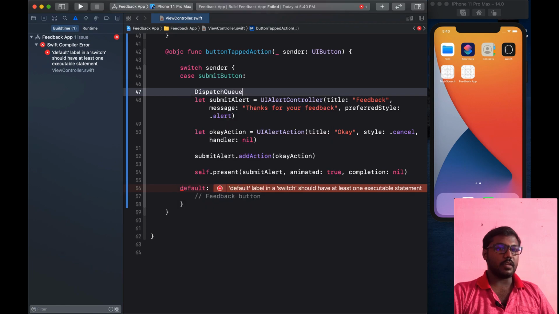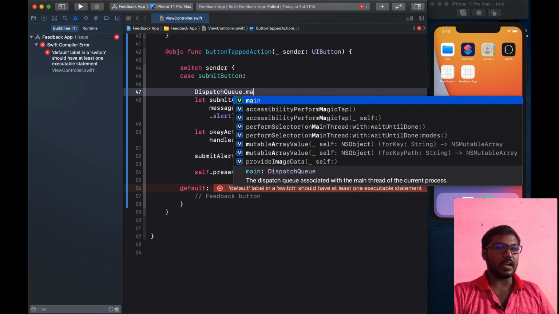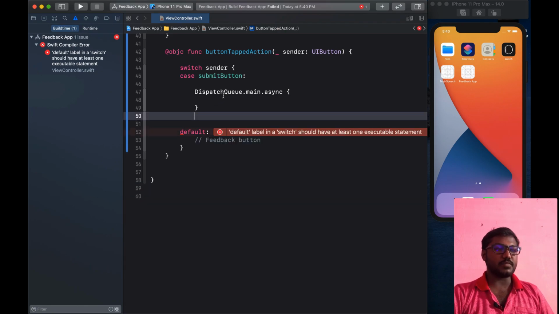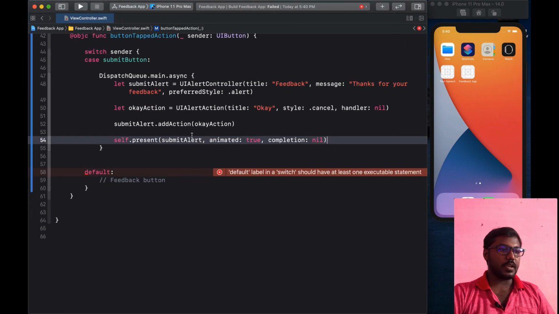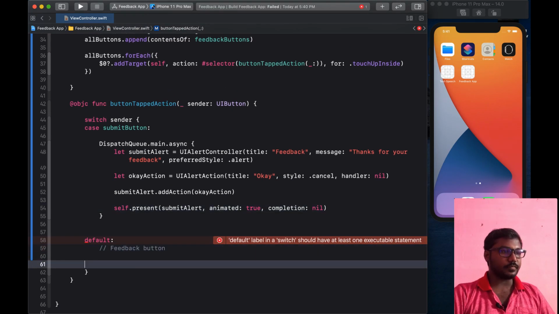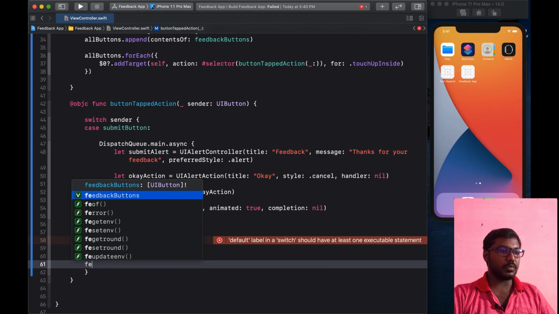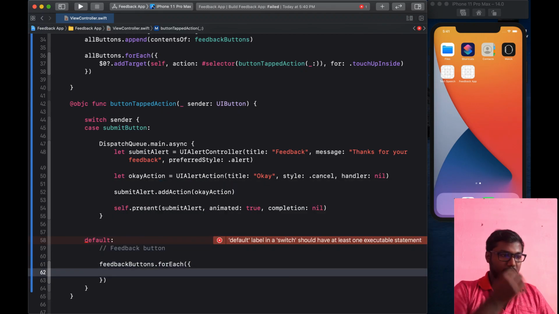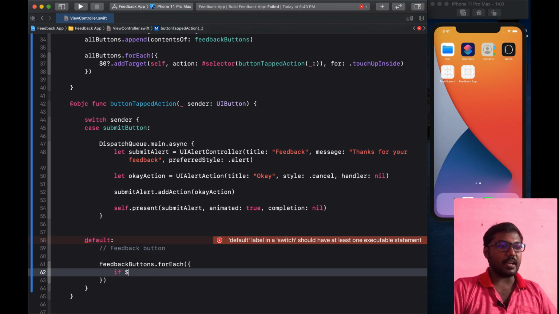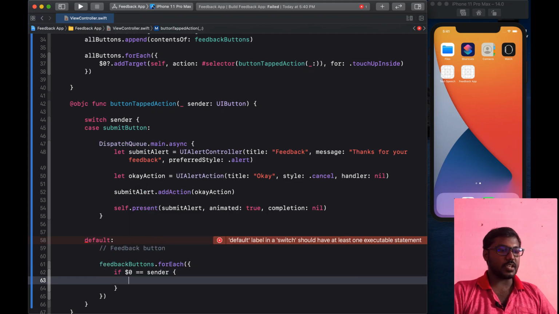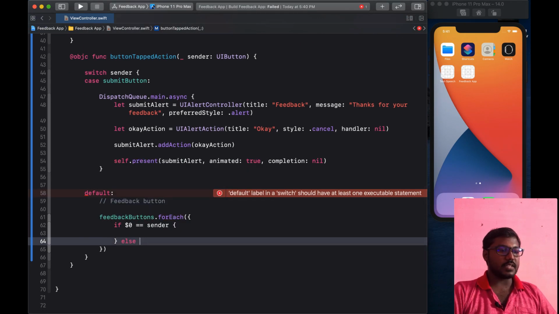Then we have to present this alert controller on the DispatchQueue.main. So I am adding DispatchQueue.main.async and copying and pasting it inside. Now that's okay. Now we are going to update the default case. Here in the default case, we already have an array of feedback options. Instead of that, we design the forEach, and we have to check whether the sender is equal to